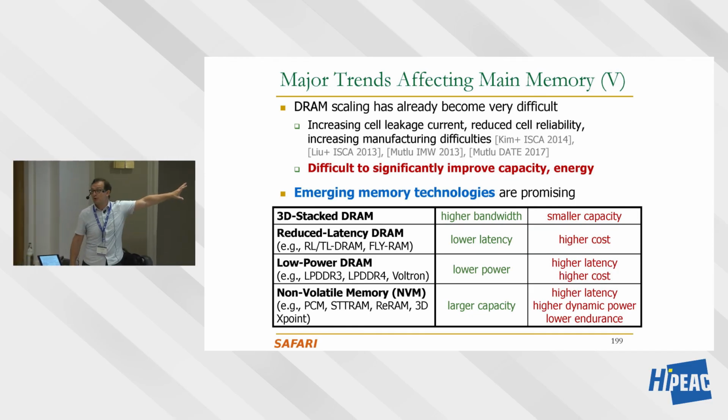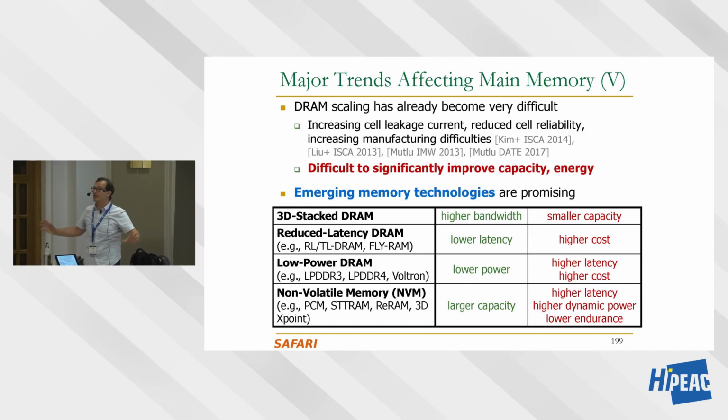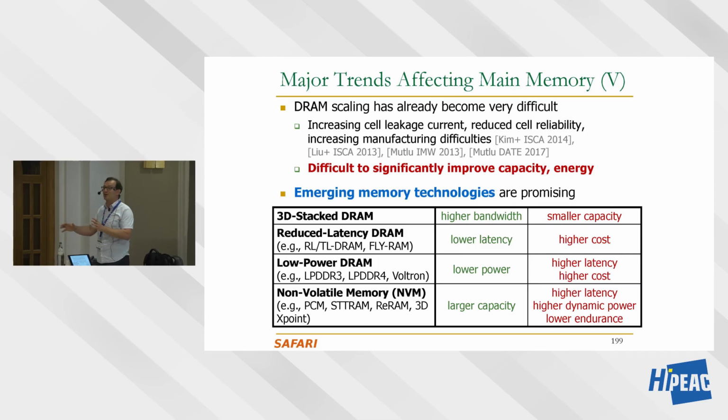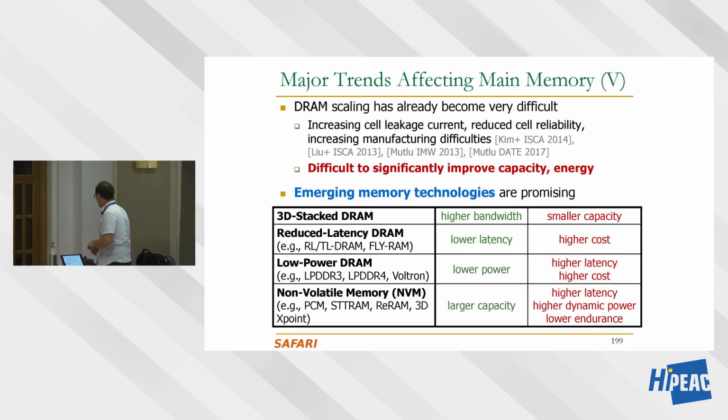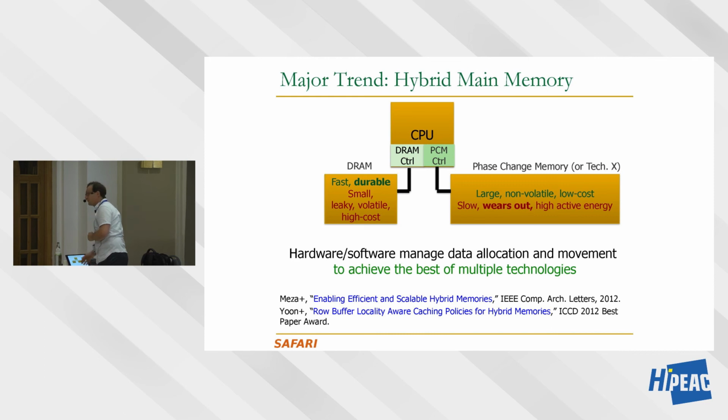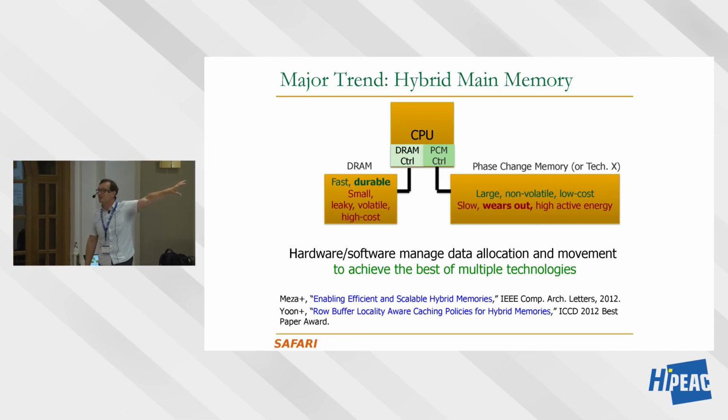But increasingly, we're going to see more of this into the future. We're going to see a lot of proliferation in the memory space. Memories will be more specialized to the application, in my opinion, also. This is what we've been arguing for a long time. I believe it's going to happen sometime soon. But one of the major trends that this has enabled is that we have hybrid main memories today. Essentially, you may have some technology that's good at some things and bad at some things, and then some other technology that's good at some other things and bad at potentially complementary things, right? And you put them together and design the hardware and software to manage the data allocation and movement to achieve the greens of each technology as much as possible while avoiding the reds of each technology.